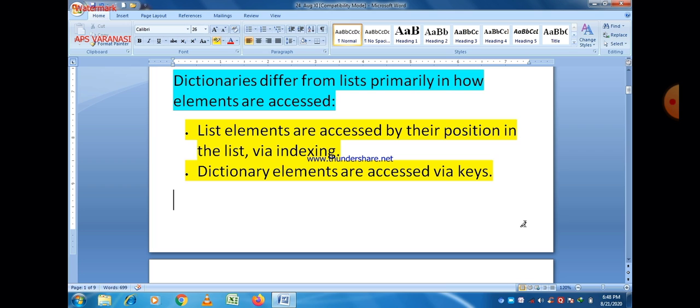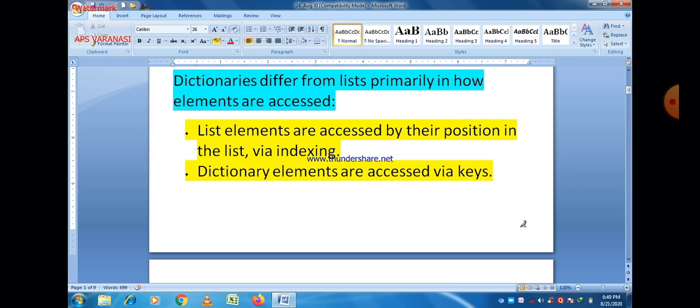There is no concept of indexing, because a dictionary is an unordered collection of elements, and when we say that, it means every element can be accessed only by its key. If we know the key, then we can easily access the element of a dictionary. Without a key, it is not possible to access an element of a dictionary.